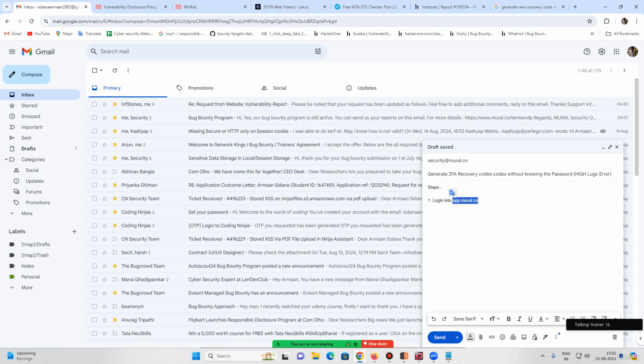So over here I write app.mural.co, enable 2FA, and if you want to get new recovery codes, you might need to enter password, right? Use this POST request with a